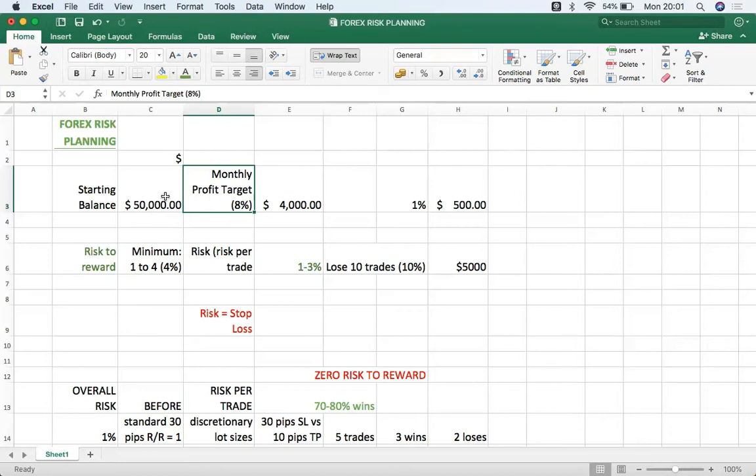But if you look at it in the grand scheme of things and compare it with other things out there, look at the stock market, look at investment in real estate, the returns you can get from Forex are way, way higher. So if you're getting 8% consistently, by the end of the year, you're almost doubling your account, which is not bad. Because which investment out there can you double in a year, passively or gradually?